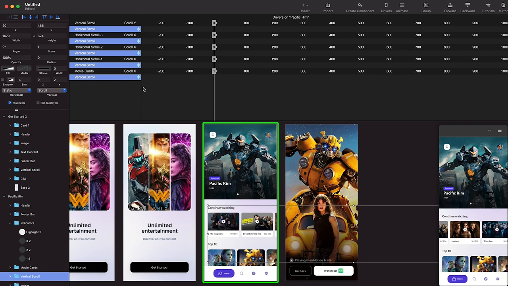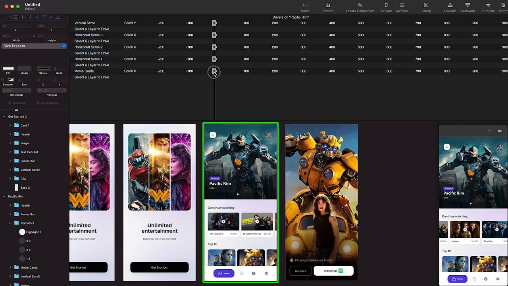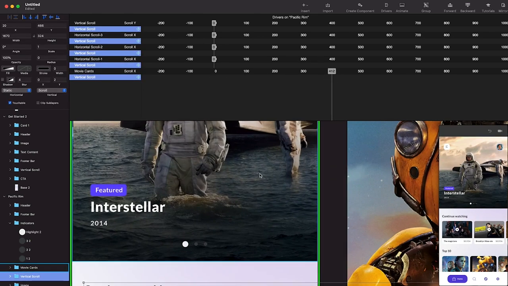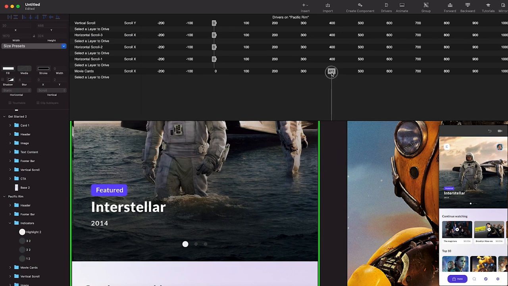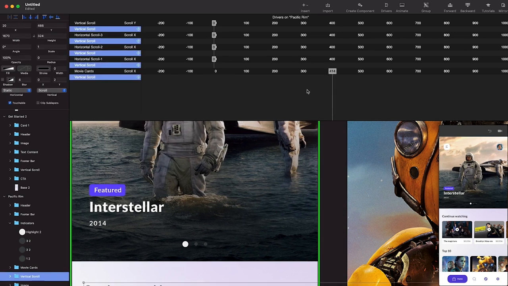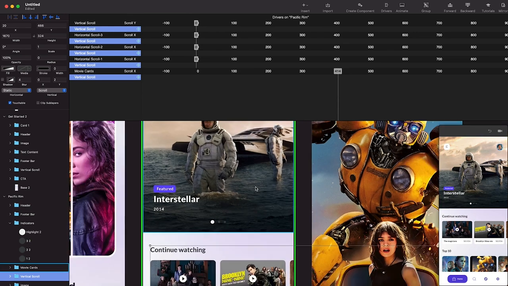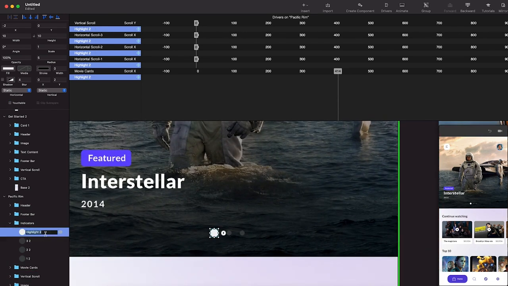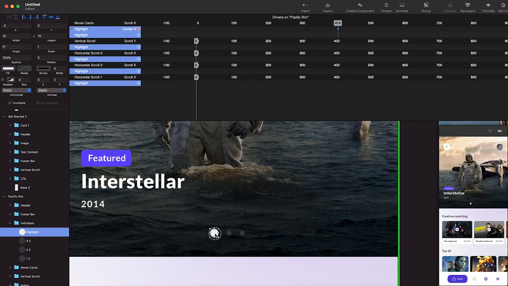But we need to animate these indicators based on movie cards scrolling. Yeah, movie cards paging, sorry. So when I go to this somewhere, you need to find the perfect blend here. Like it's 414, because 414 pixels. Yeah, so 414, and you need this highlight. I'm just gonna rename it to highlight to move here. So let's select the highlight and add a keyframe on center X and move this highlight